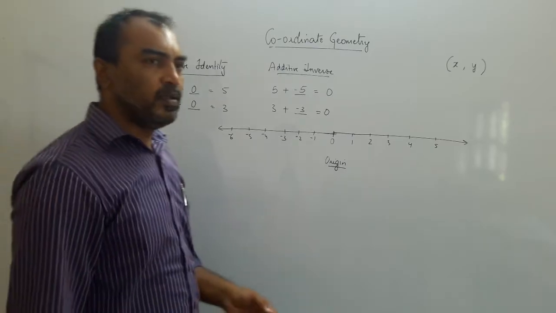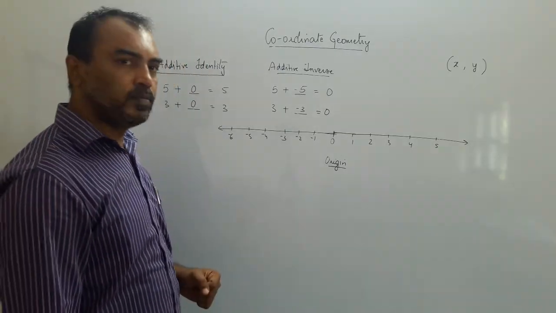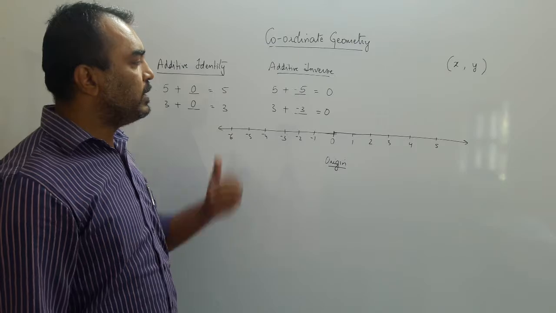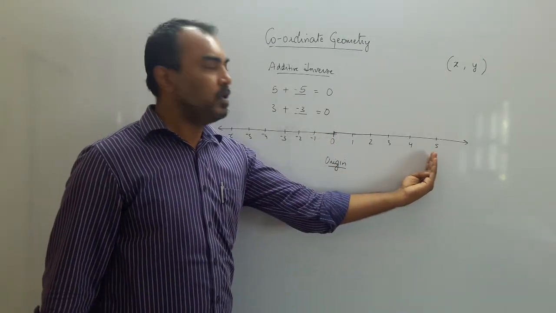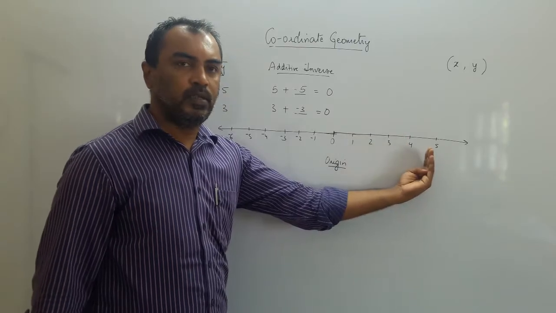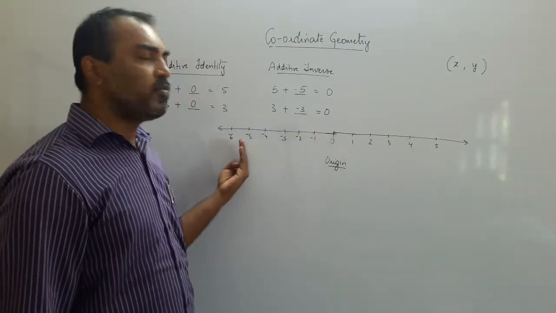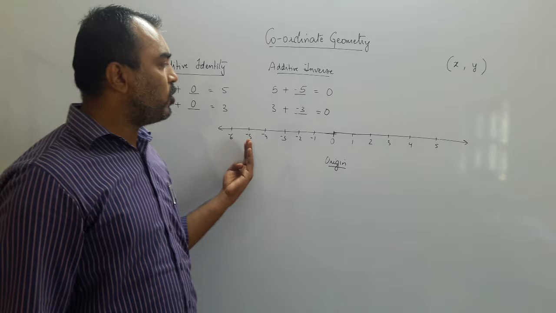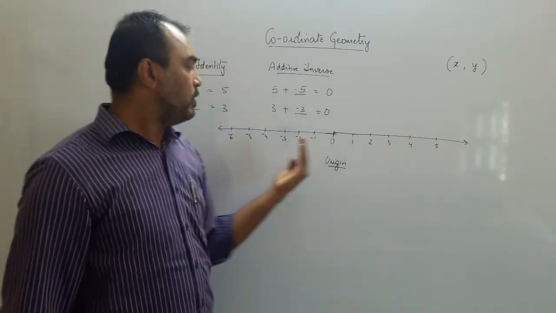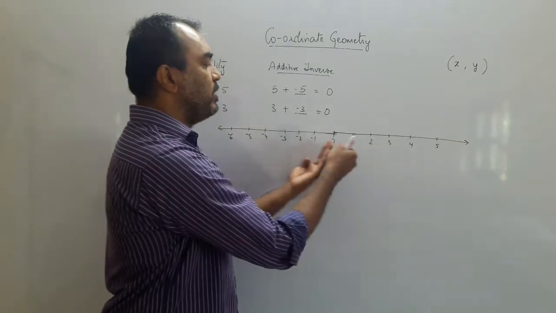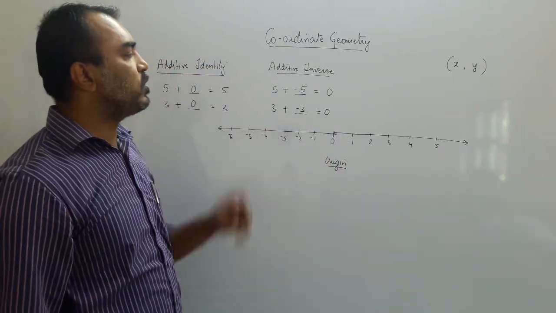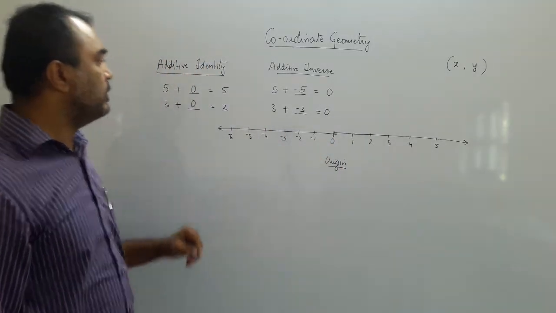In another example, suppose you are doing a business. In the first business, you earn 50,000 rupees. There is a profit of 50,000 rupees. In the second business, there's a loss of 50,000 rupees. So if your one profit is 50,000, the opposite of profit is loss. So loss is also 50,000. What is your net income? 0. So this is what is showing us additive identity.